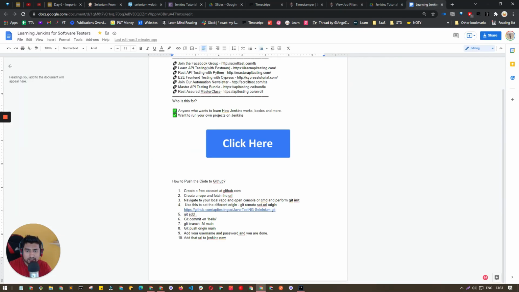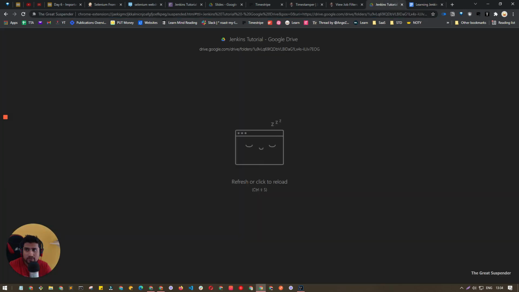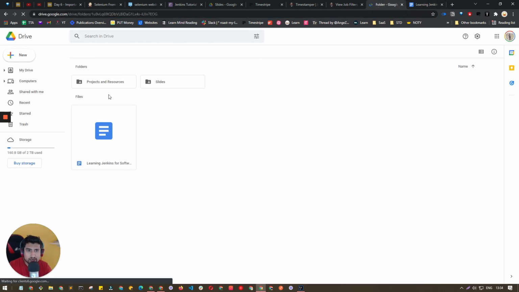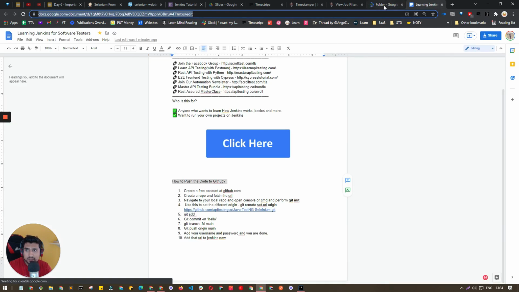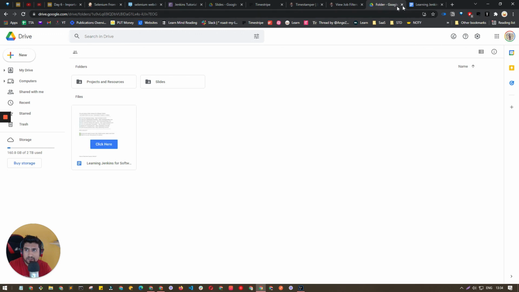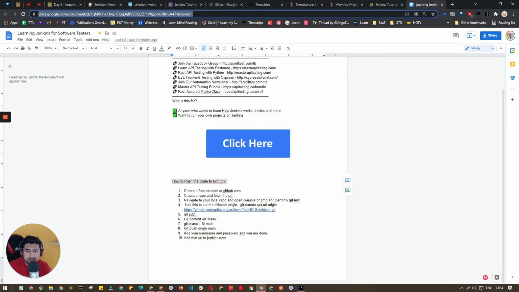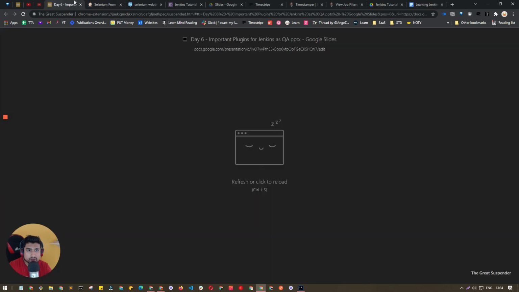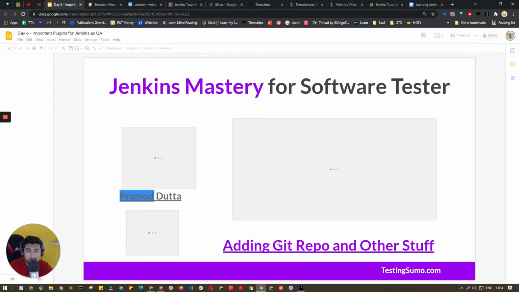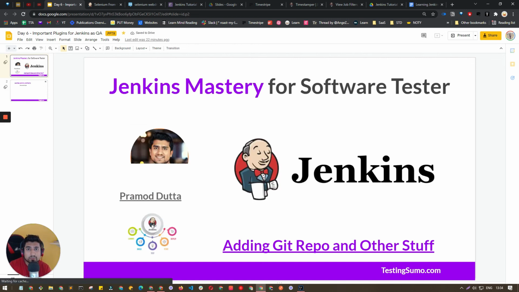And here is the information. So this document you will be able to find on sdet.live/notes, right? Here you will find this document in the Jenkins folder, in the Jenkins tutorial, right? You will see how to push to the GitHub repo. There are a couple of steps that I have already mentioned that you can do, right? So make sure you give it a try, and I hope you're able to understand this, and you're able to add the GitHub repo and run your project successfully, right? So this is very practical stuff that I'm giving you.